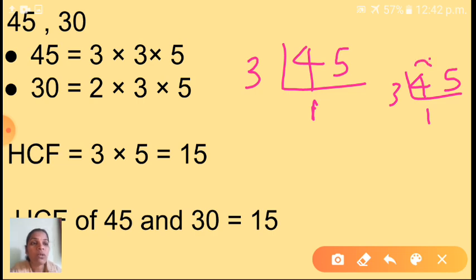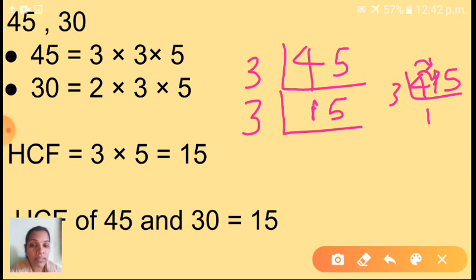So if the 1 goes here, it will become what? 15, not 6. Okay children, that you have to mind. So the remainder, if it goes here, yes, it will become 15, not 6. So 15, how many 3s are there children? Very good, 5 threes are there. And see here 15. This 15 we can completely divide by which prime number children? Very good, 3 again. Okay, so 3.